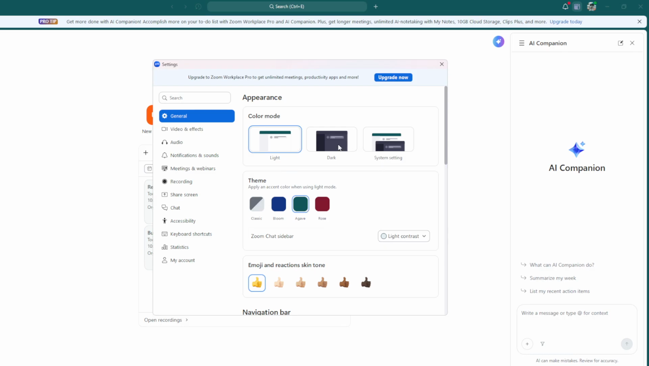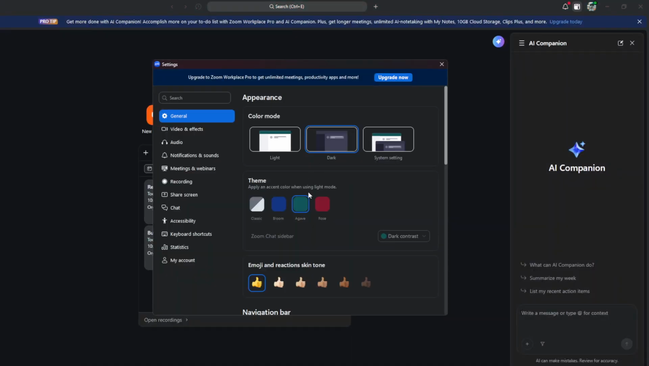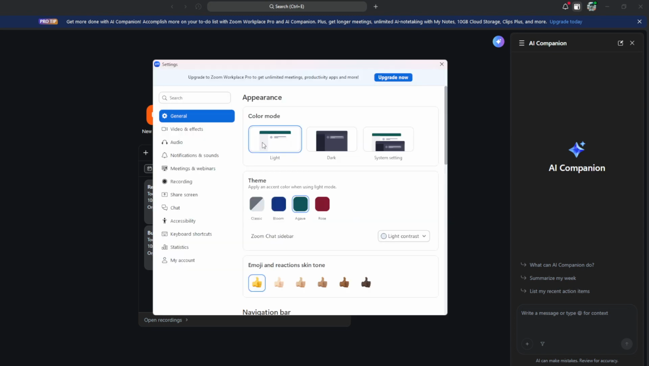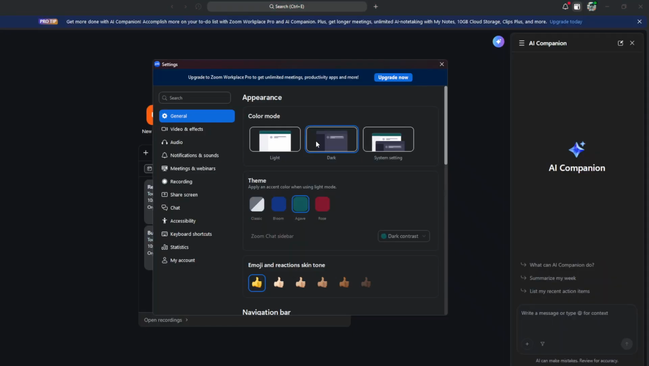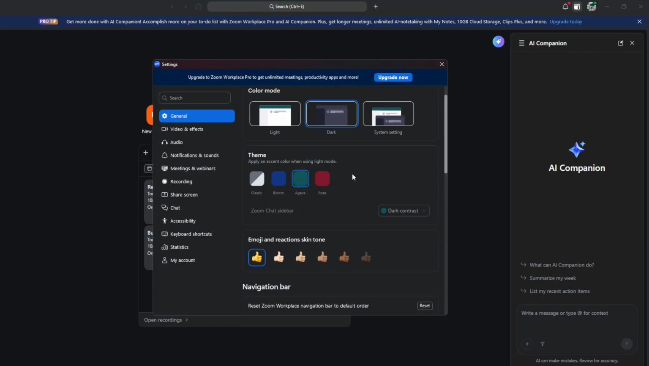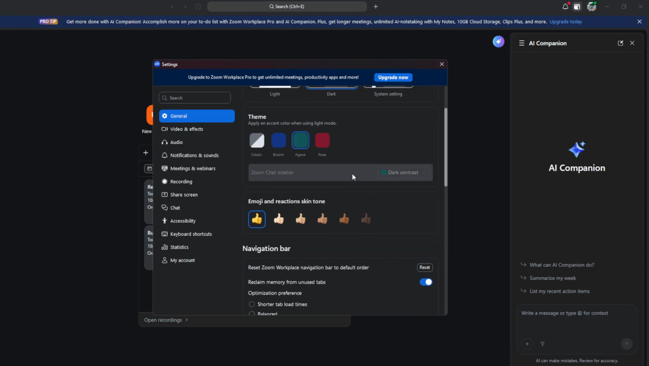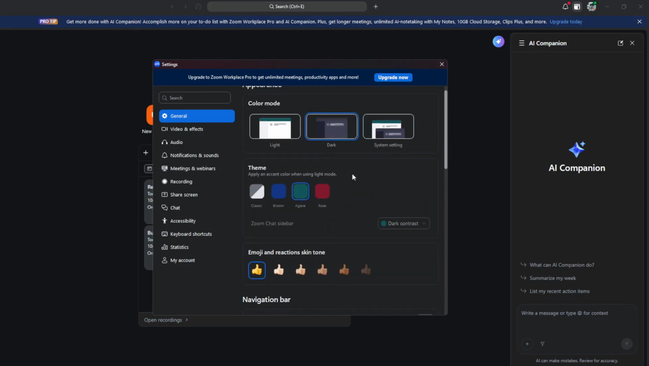In most cases, the change applies right away, so you can instantly preview the new look without needing to restart the app. That makes it easy to compare styles and decide which one feels more comfortable for daily use. If you use Zoom often for meetings, classes, or work, adjusting the appearance can make the app feel more personalized and easier to navigate. For example, some users prefer dark mode to reduce eye strain during long sessions, while others like light mode because it can